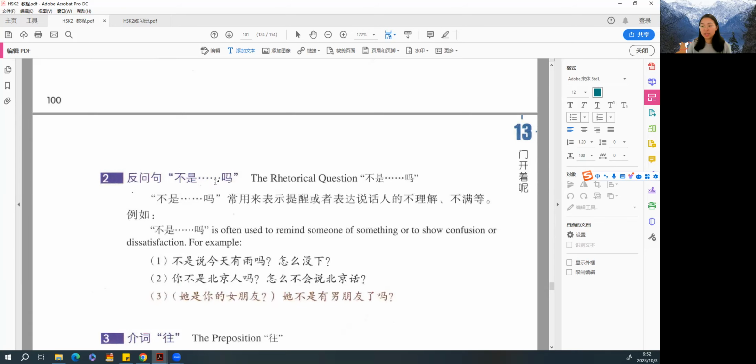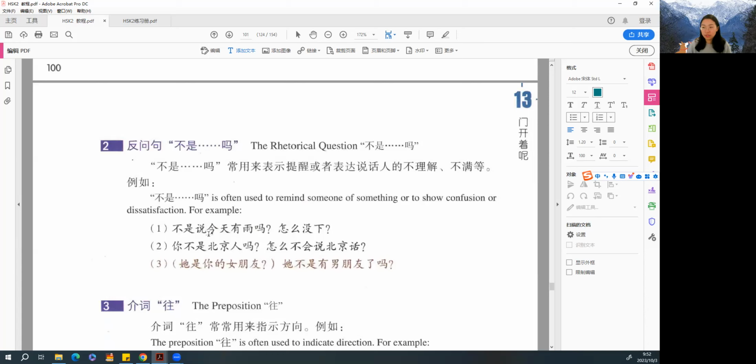Is it not? 不是吗? For example, 不是说今天下雨吗？不是说, ignore that, the 天气预报, the weather forecast, said today there is rain. 不是说今天下雨吗？怎么没下？怎么, why here? This is why. Why not, 没, the negative. 怎么没下雨？